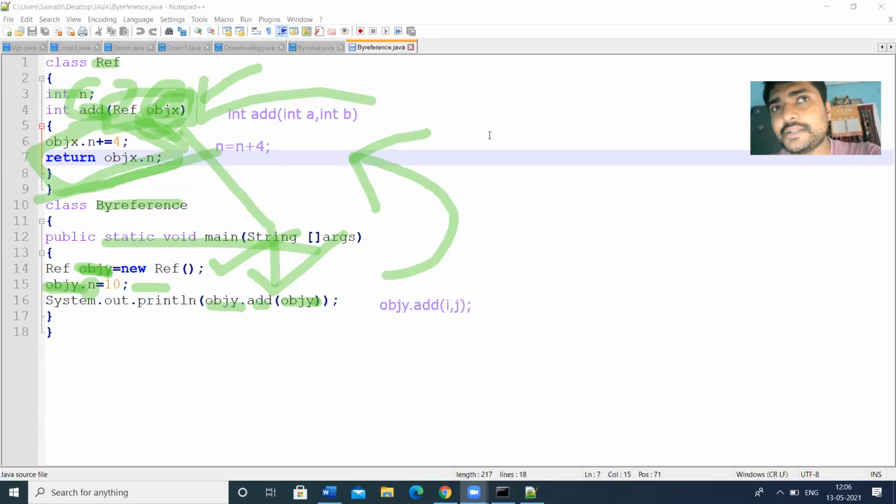Method overloading means two or more methods have the same name but different signatures. Constructor overloading means the constructor name is the same but the parameter lists are different. So let us see constructor overloading first.